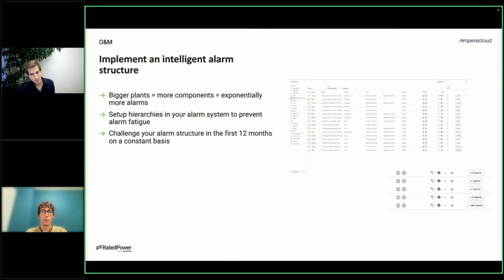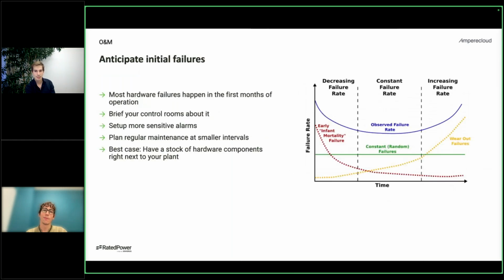All of these features help to really, within the first 12 months, sometimes it even goes as fast as 1 or 3 months, set up a structure that gives you a healthy daily operating routine where at the end of the day there are no unconfirmed alarms open. All right, if we go to the next slide,